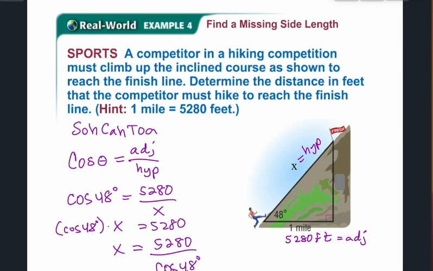Now, if it doesn't mention it, for my purposes, if we are looking for degrees, round to the nearest degree. If we are looking for lengths, round to the nearest tenth. Now, if they specify something different in the instructions, do that. They did not specify, so we're going to put in 5,280, divided by the cosine of 48. Please remember, you have to be in degree mode. When rounded to the nearest tenth, that is